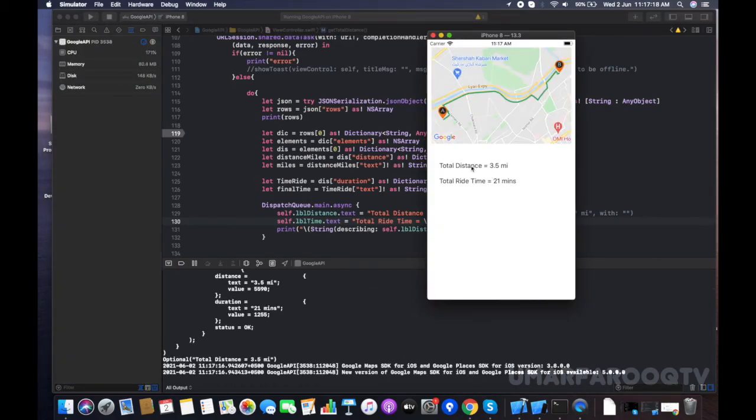Now you can see that this is the total distance 3.5 miles and total ride time 21 minutes. That's it guys for this tutorial. I just used two Google APIs to do the